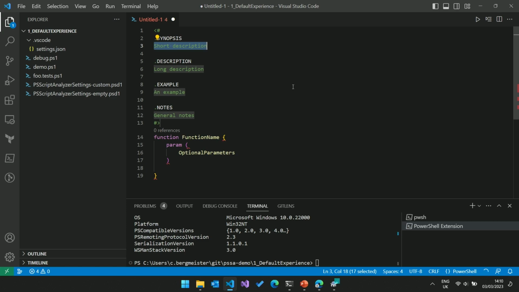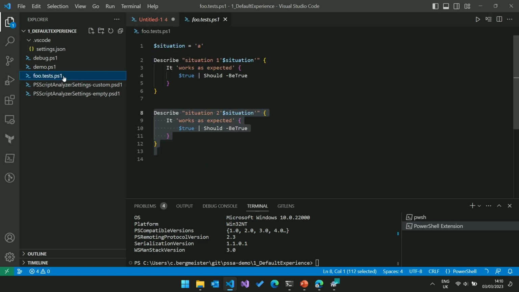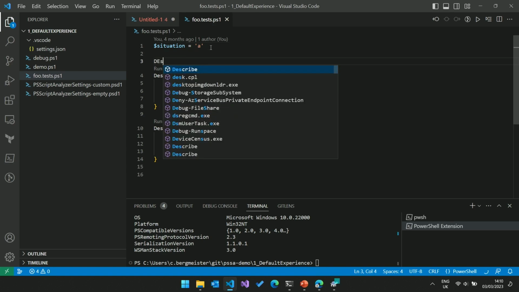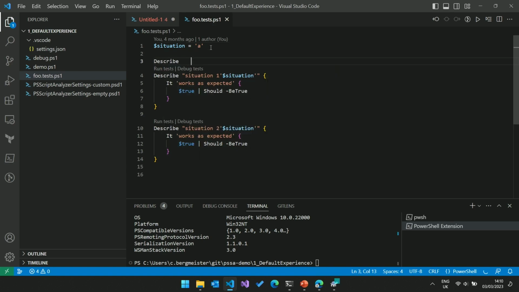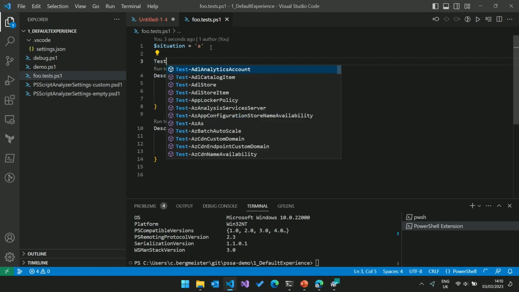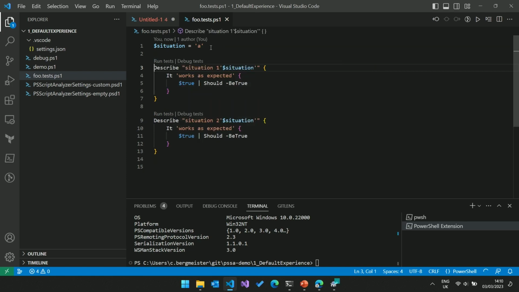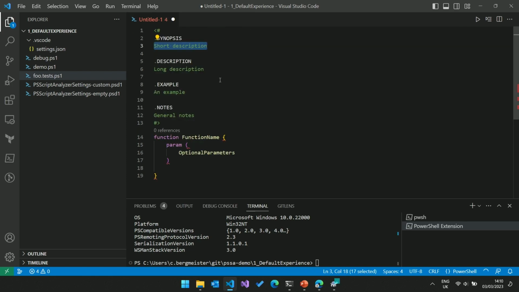Very similar as well if you're using Pester. So let me see if that works. I think there's one for describe. Is there? No, maybe I misremember. But there's lots of templates in there that you can explore